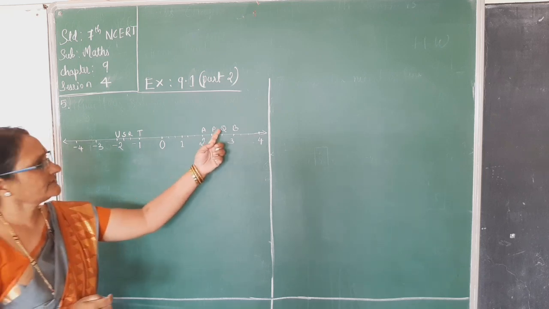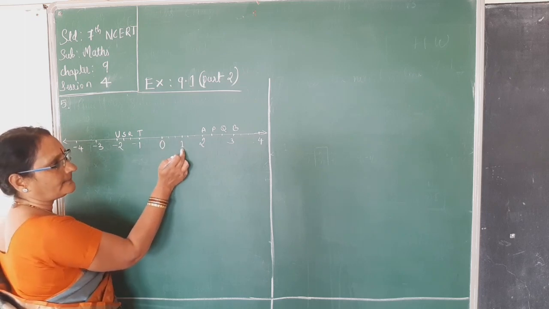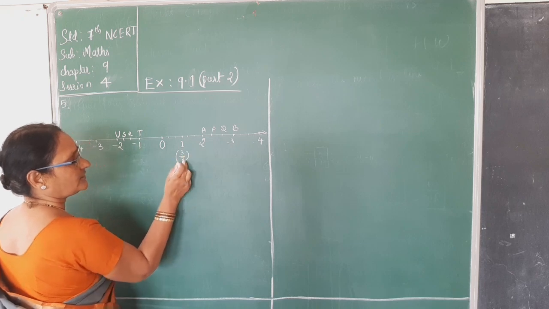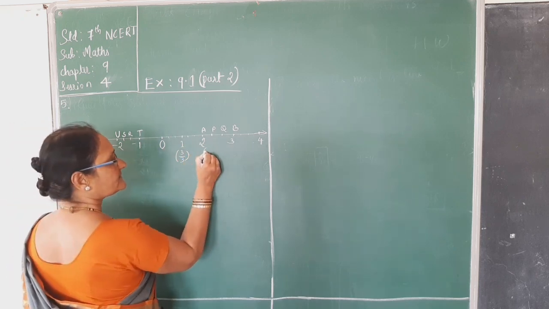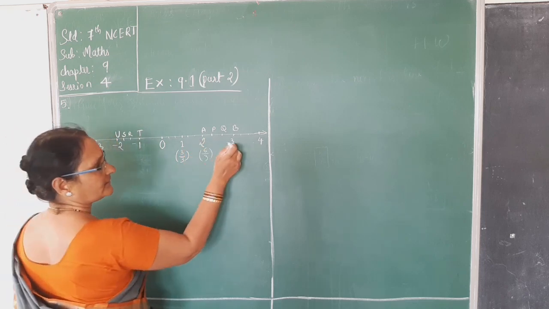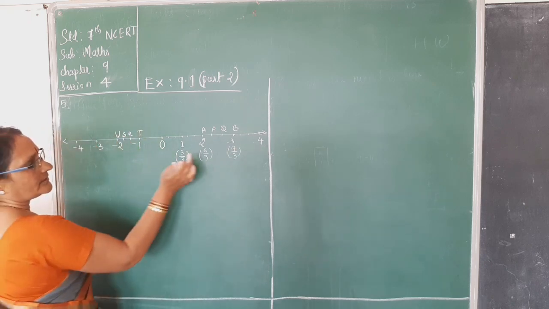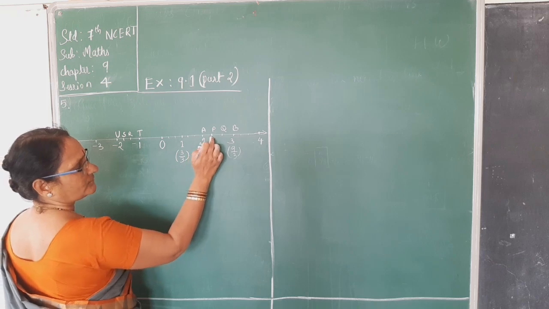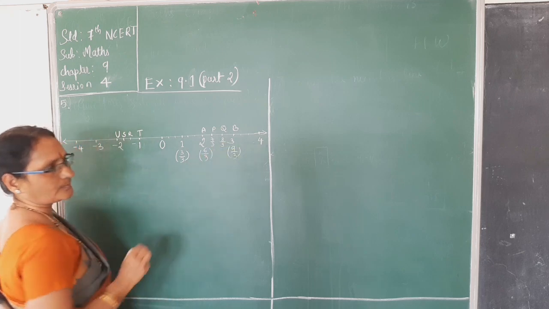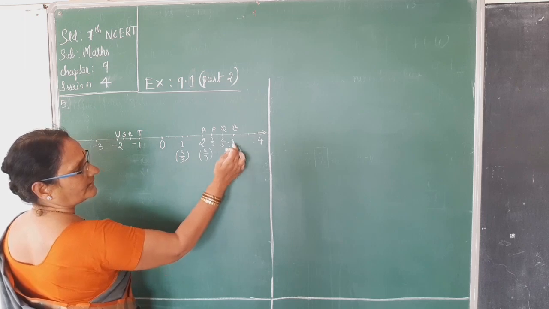Now seeing this, 1 means what? Here in this there are 3 parts, so 1 will be 3 by 3. Here in the bracket we will write it. You can take it if you want. 3 by 3 means 1. 2 means what? 6 by 3, since 3 ones are 3, 3 twos are 6. 3 means 9 by 3. Now if this is 6 by 3, this will be 7 by 3 and this will be 8 by 3. I hope you are following, very easy. Then this will be 9 by 3 as usual, and this is 3.